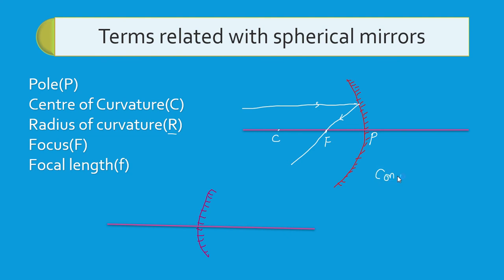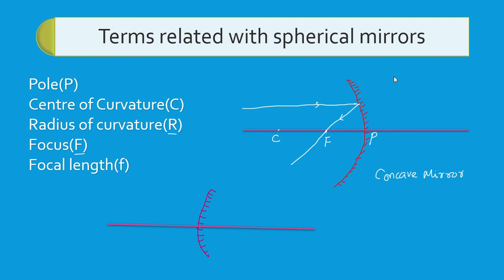So remember, this is a concave mirror. I'm talking about concave mirror. Okay, so it's passing through a point on the principal axis, that is called the principal focus of the concave mirror, that is represented by capital letter F, and the distance between the pole and the focus, that is called the focal length. So here two lengths we have already learned. One is the radius of curvature and the other one is the focal length.